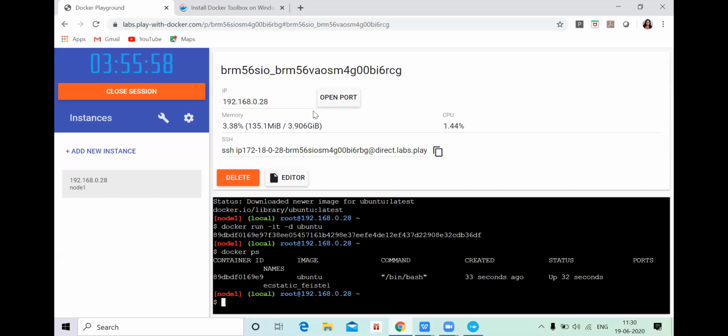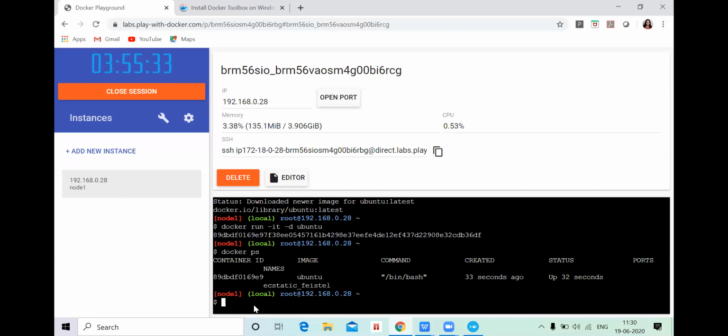Here you can see the container ID, image, and command, and only one container is running currently, that is Ubuntu, which has been pulled, and it was created 33 seconds ago. And this will be your container ID.